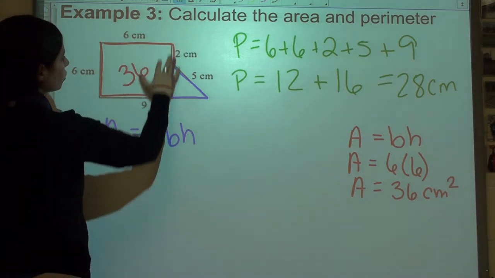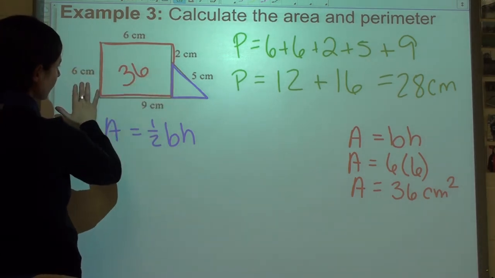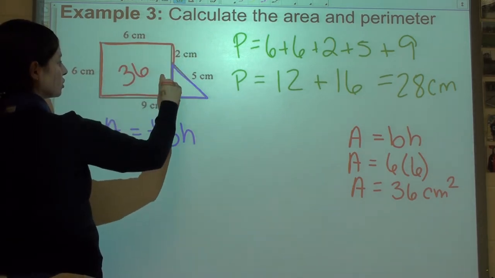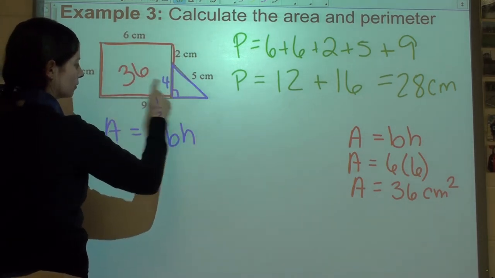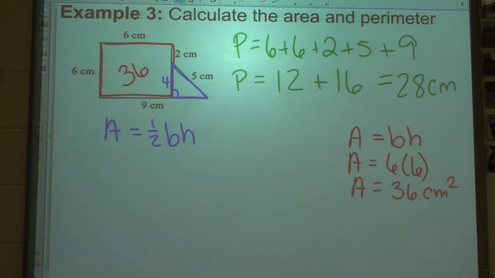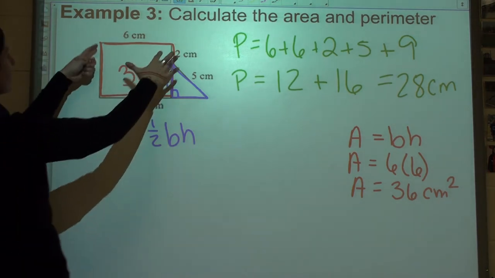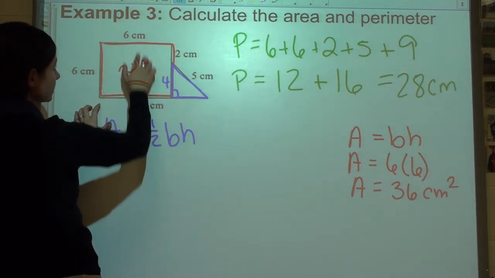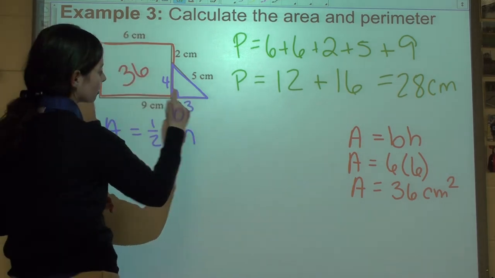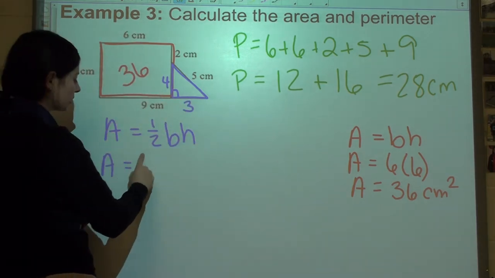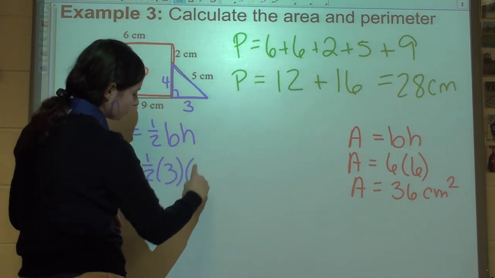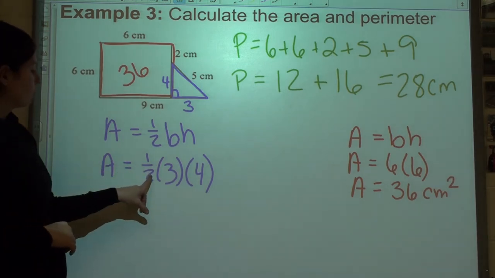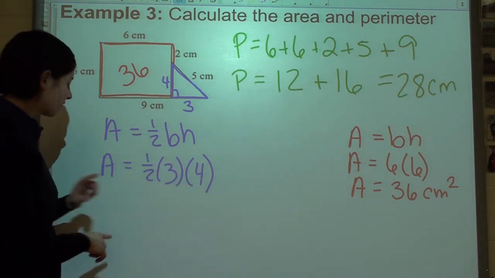Now hopefully you remember this whole thing, 6 and 6 for both sides of the rectangle. So if this is 6, and this part here is 2, 6 minus 2 is going to give me a 4 right here. Now the other one shouldn't be too bad, because again we have this part here is 6. So if this whole length is 9, 9 minus 6 is going to give me 3. So I've got a base of 3 and a height of 4. Times 4 is 12, and half of that is going to be 6